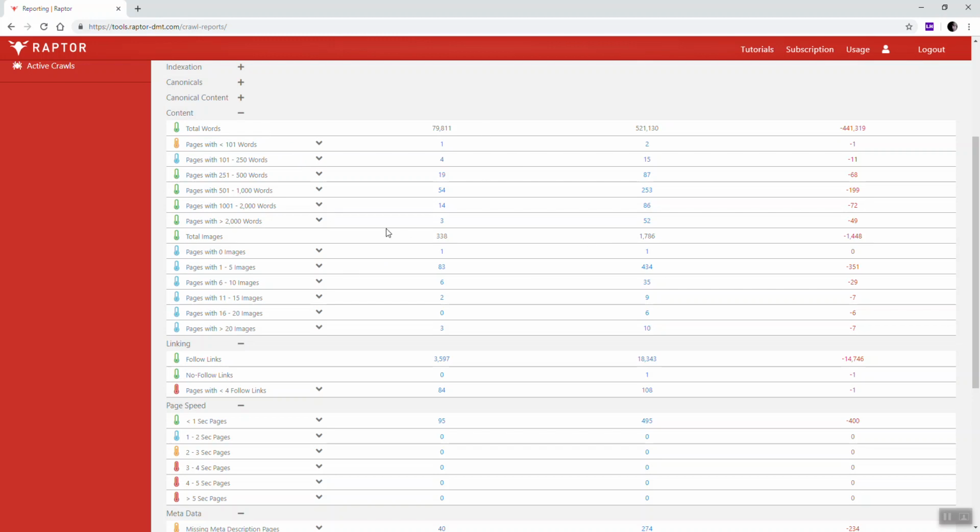Now there's a few things that would probably draw your eye. The first is a thermometer, which shows things as being all good, a minor error, or just data. Typically things that are just data, such as pages with less than 250 words, aren't really considered errors, but you might want to review that data. Next to each